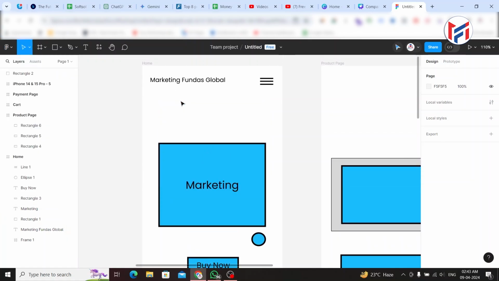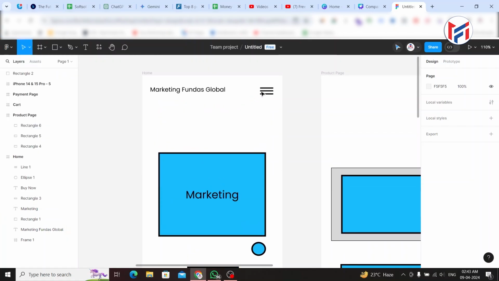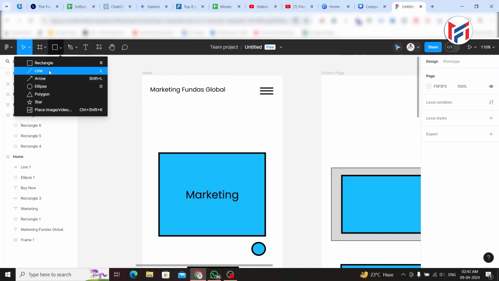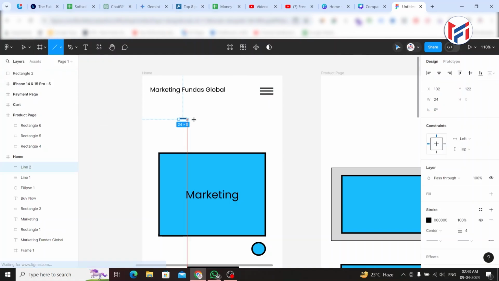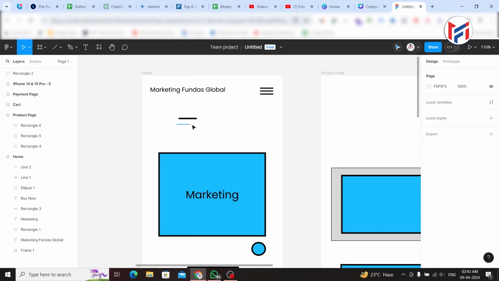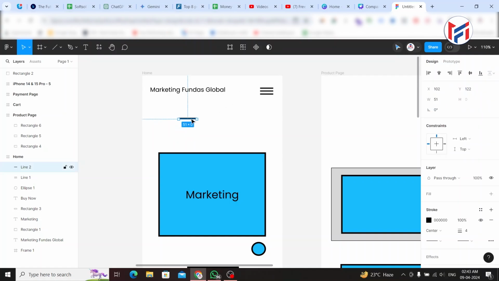Now I'm going to show you one more option over here. Here you can see that we do have strokes, right? This is not a stroke, this is basically lines which I have drawn using this line option, right? So I just did it like this and the line has been drawn, right? Now for example if I want to copy this, what I can do is press the alt button on my keyboard and you'll see that there is a slight change, a slight copy kind of thing in